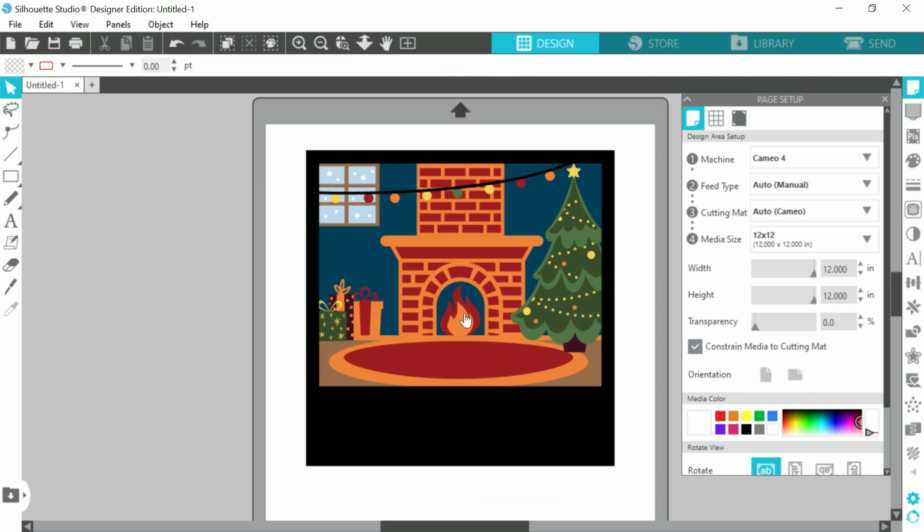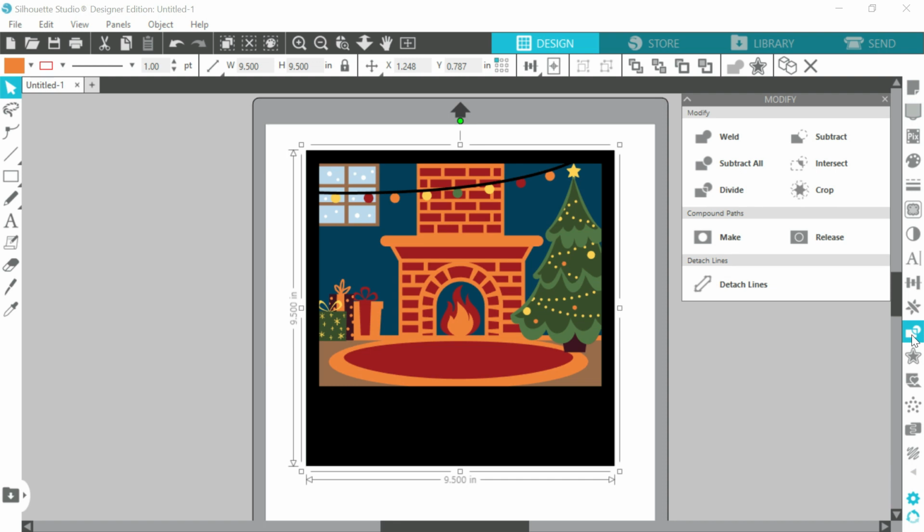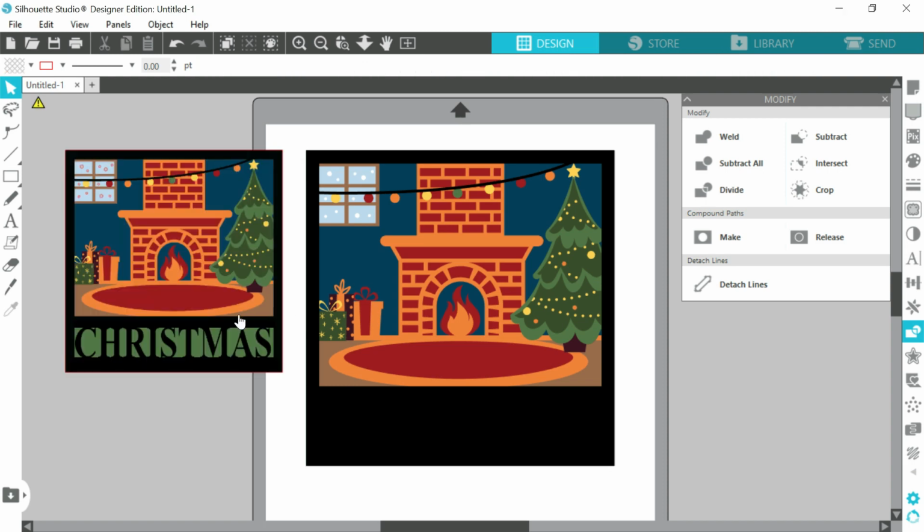So when we work with a layer template, I want you to remember that the most powerful tools are in the Modify panel here. In the previous video, I used the Weld and Subtract tools to add custom text to the template, and today I use them again to cut the text out of this solid space. I will begin with this style. It gives you the most flexibility in choosing the font.